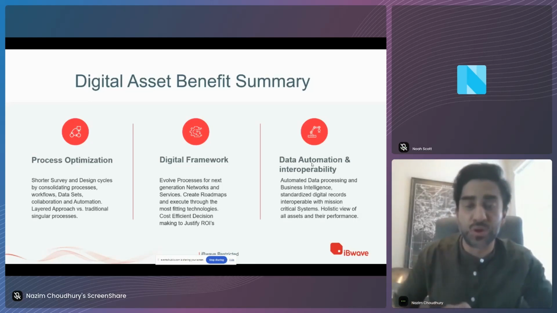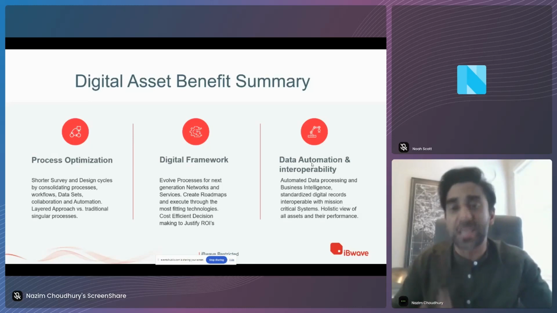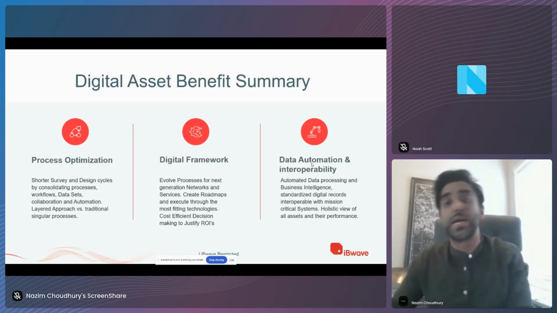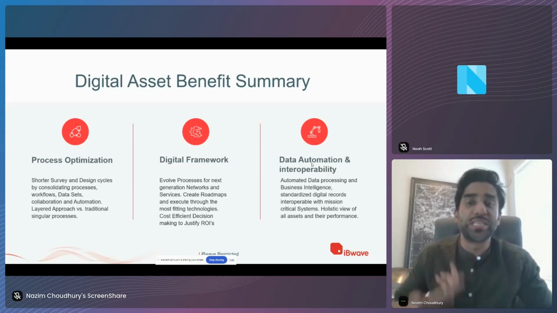Instead of leveraging your building as a digital asset, where instead of doing singular designs and singular surveys, you could take a layered approach. So I have Wi-Fi already. What happens now if I layer on 4G? What happens now if I layer on 5G? So there's a tremendous amount of efficiency in reducing truck rolls, but it gives you a more holistic process,